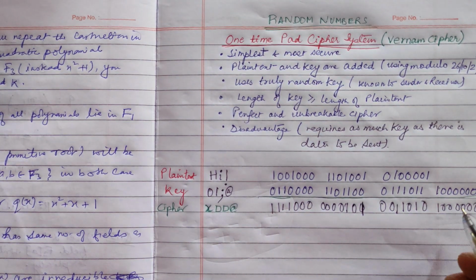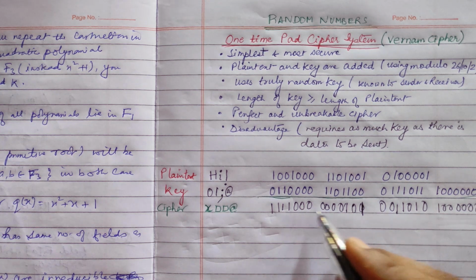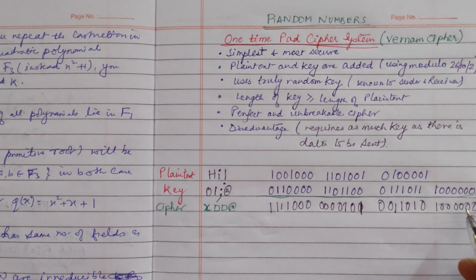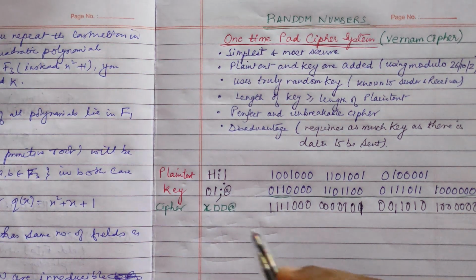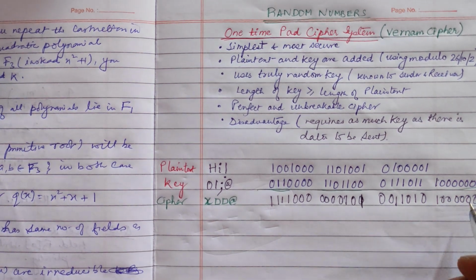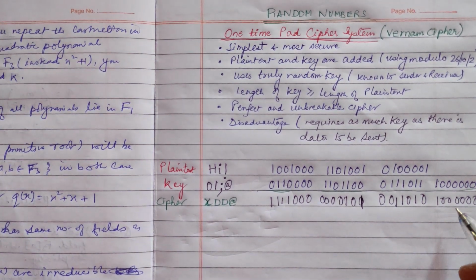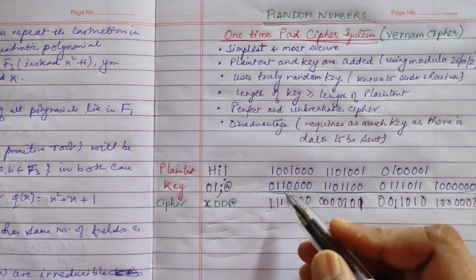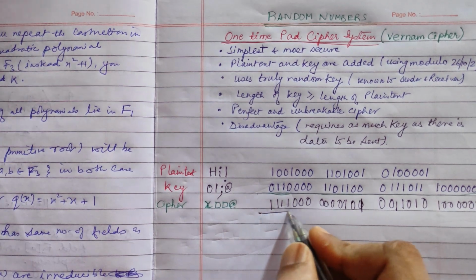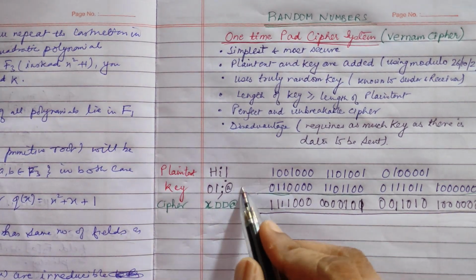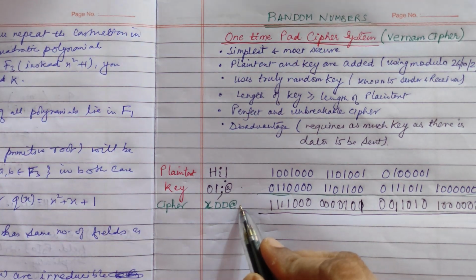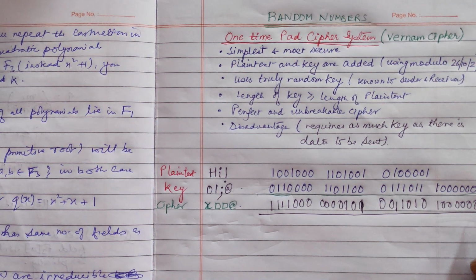So this is our string of bits. Either we will send this cipher text to the receiver. This is the way we do encryption, and for decryption we will again XOR the key with the cipher. So let us do it again. This key is known to the receiver also and the cipher is sent to the receiver. So the receiver will decrypt. Let's see how to decrypt.